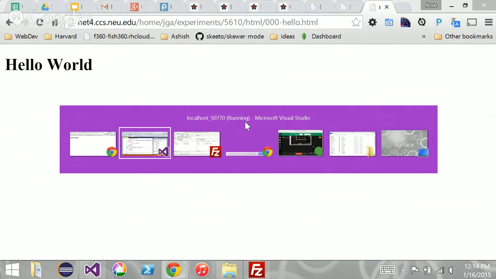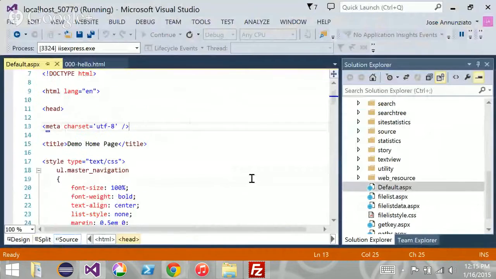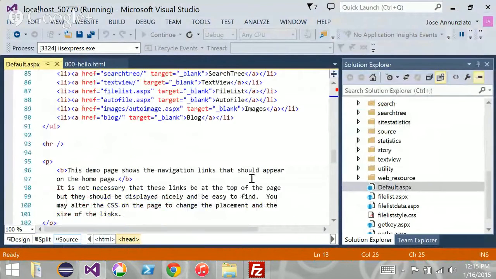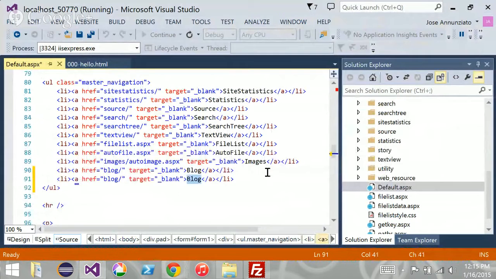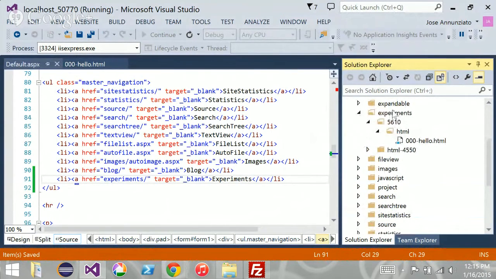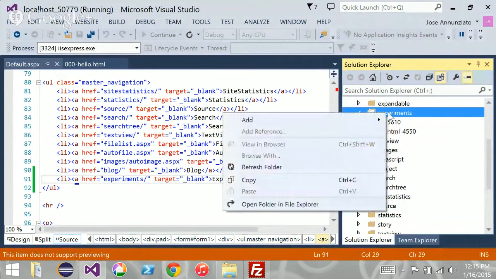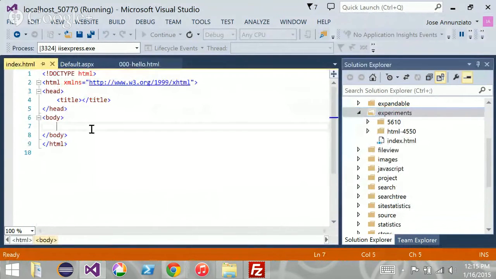One of the first things you should do is to modify your default page to include a link to your experiments. So, for instance, we might add a link here that says experiments, and it goes into the experiments directory. And in the experiments directory, maybe I'm going to put a default page here, maybe an index page, index.html. And in here,